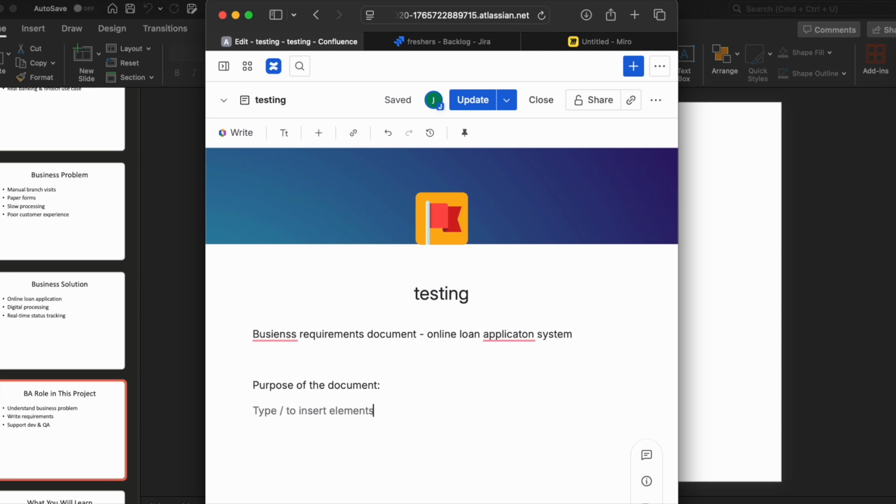So the purpose of this document we have written. It doesn't matter whether you follow my format or an internet format or whatever format you want to use, it's okay. Just follow one format. I'm going to use the same format for all 30 projects. So this BRD